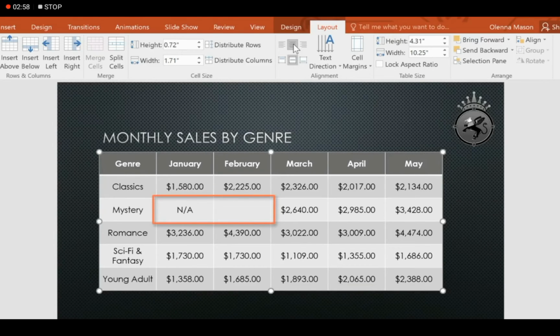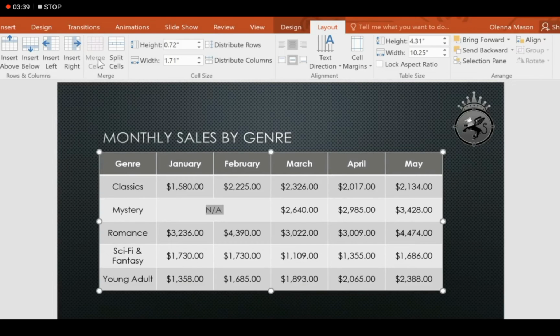So now as you can see, there are two boxes. So we can also merge them into a single box. To do this, you have to select the boxes. After selecting, there is an option of merge cells. So after clicking on merge cells, it will merge two cells into a single cell.